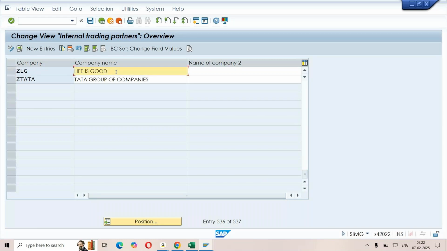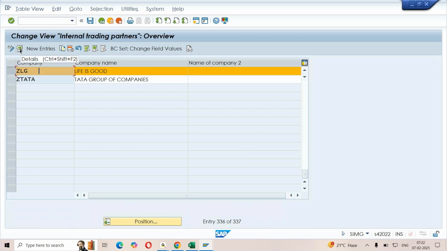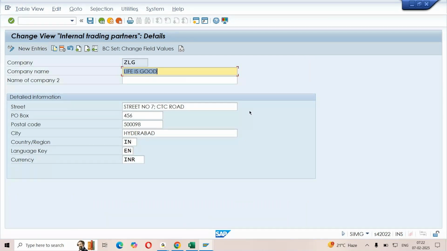And if you want to check the details maintained for that, select the entry, get into details, and you can find the information updated. Now, all these fields are in editable mode. If you want to make any changes to any of the field values, you can do that. If you want to change the code, not possible. Values can be changed, code cannot be changed.